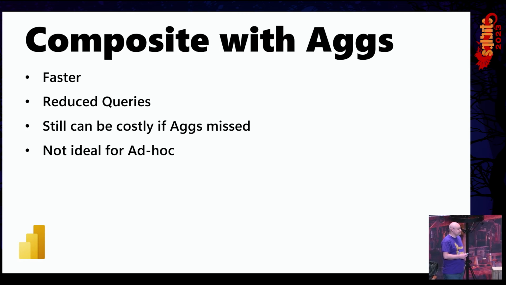Also, we work with a lot of customers and they're like, oh, I need to get a P1, I need to get a P2, I need to get a P3 because my model is getting so big. What you can do with these aggregations is instead of trying to import that very long fact table, you can go DirectQuery and just import the Agg and it significantly shrinks the size of the model. And so you probably don't need to upgrade to a new capacity size or go from Pro to Premium. We're all about saving your money.